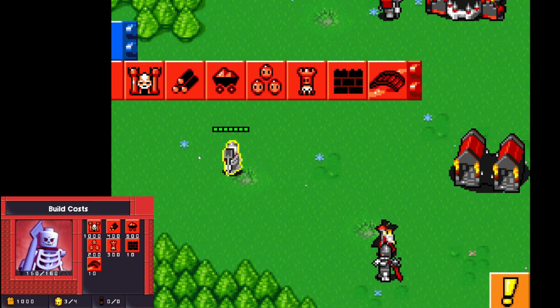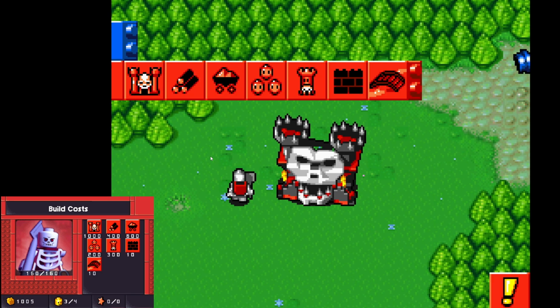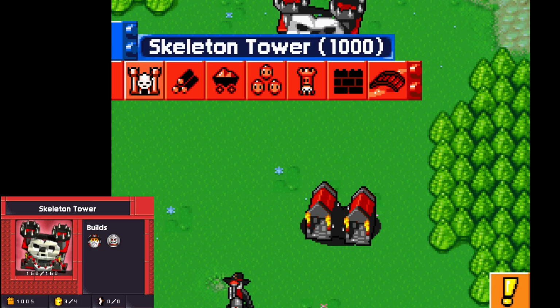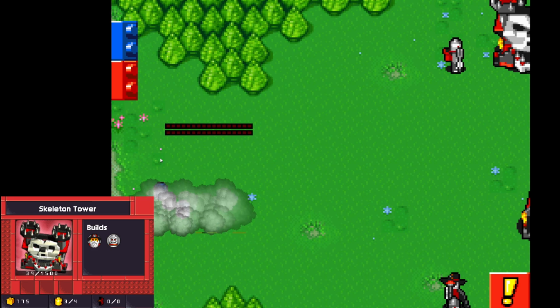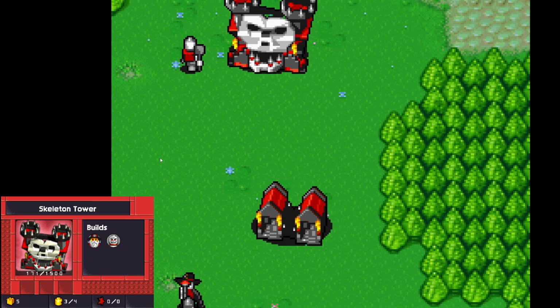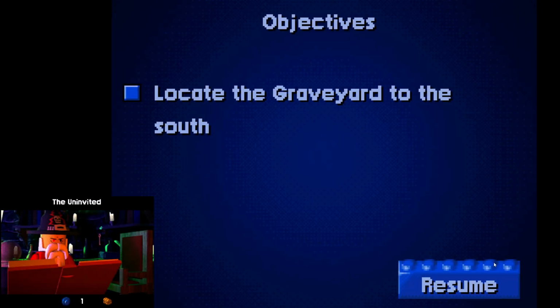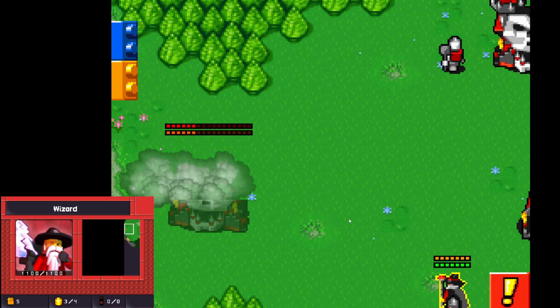Okay, surprisingly, we cannot build farmlands in this level, which means our pop cap is stuck at 4. Is this a glitch? Does building another skeleton castle increase our pop at all? What is going on? Why? What's the mission here? We'll probably read the mission. Maybe it'll tell us. Locate the graveyards to the south. Oh, right. Graveyards are farms. That makes sense. That's why our pop cap...